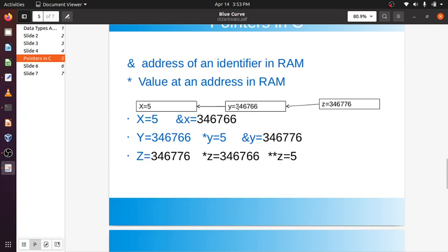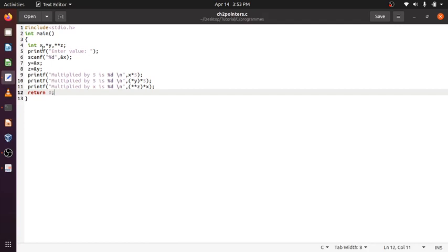That RAM location will be identified by y, and the value there is the address of x. To do that I need to declare the variable as star y. Int x is a normal variable; int star y means a pointer to an integer.